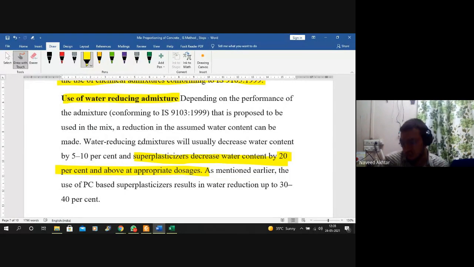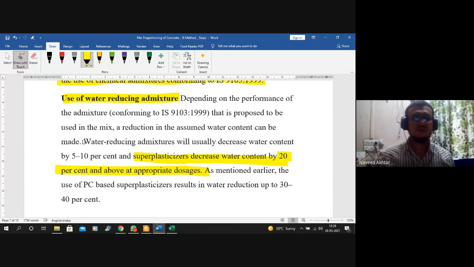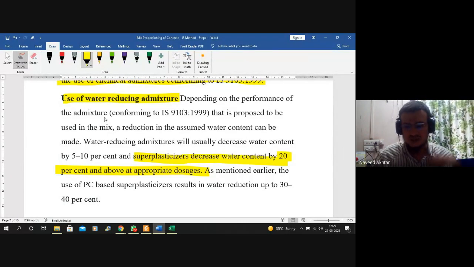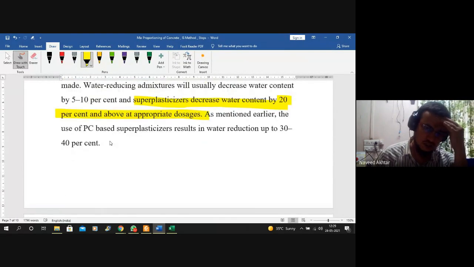We can increase or decrease the water content, and that correction can be made during the calculation. So we will see when we solve the example how the correction is done, and the demonstration lecture or calculation we will see after this lecture inshallah.